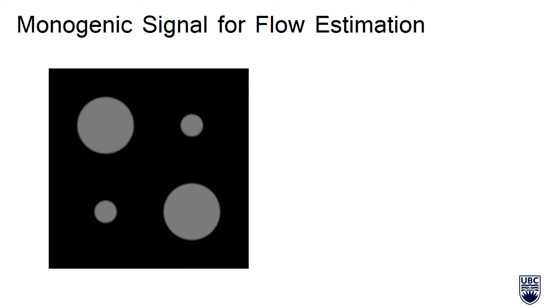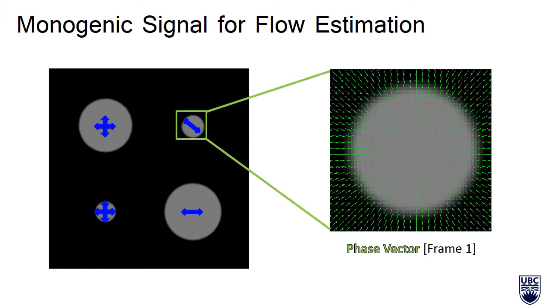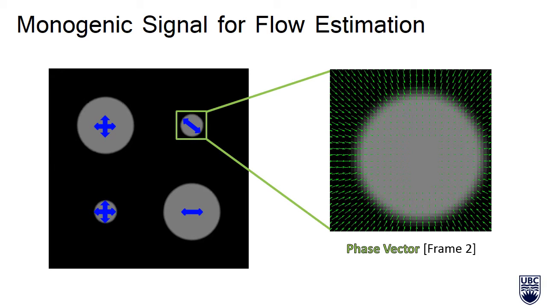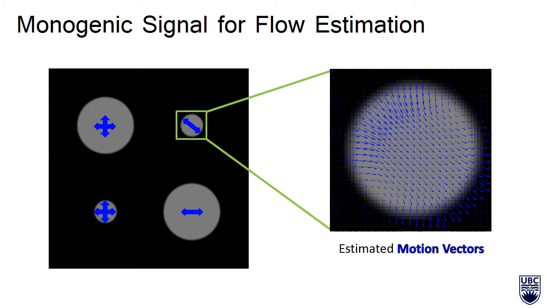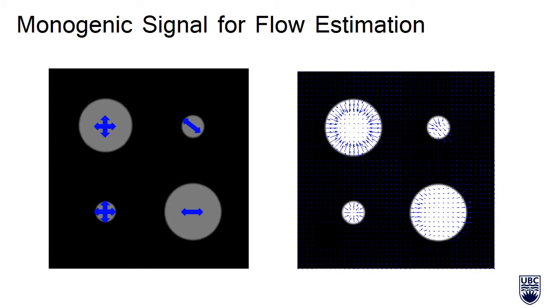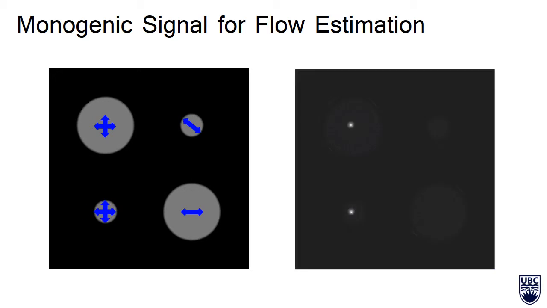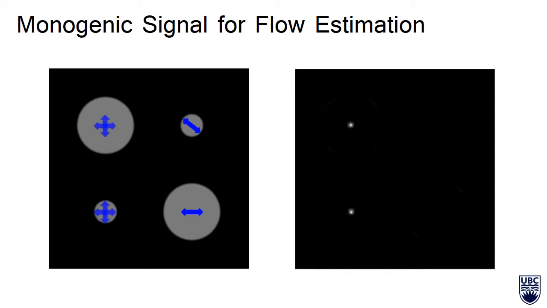Take for example a video sequence that contains both pulsating and translating structures. By computing the phase vectors of two consecutive frames, we can estimate the complete local motion vectors using a first-order linear approximation of changes in local phase for every pixel in the frame. Applying radial distension modeling to the obtained vector fields reveals the center lines of structures that are pulsating and not translating.